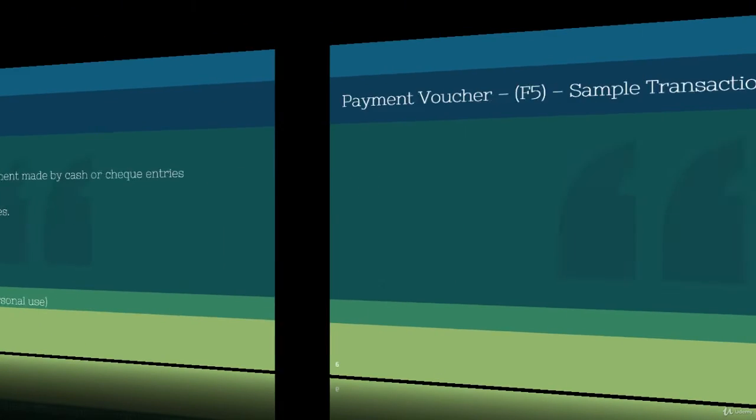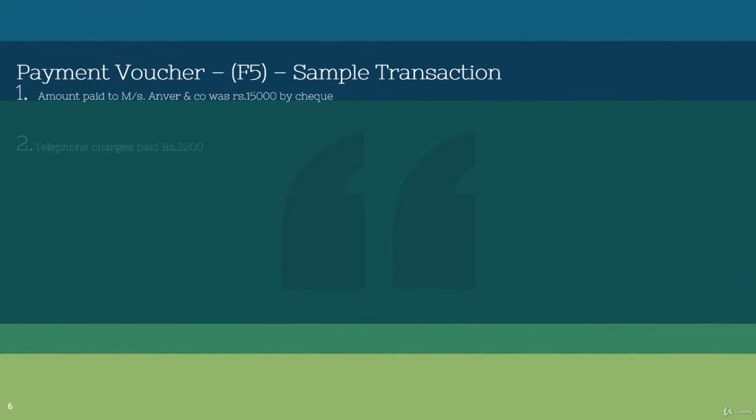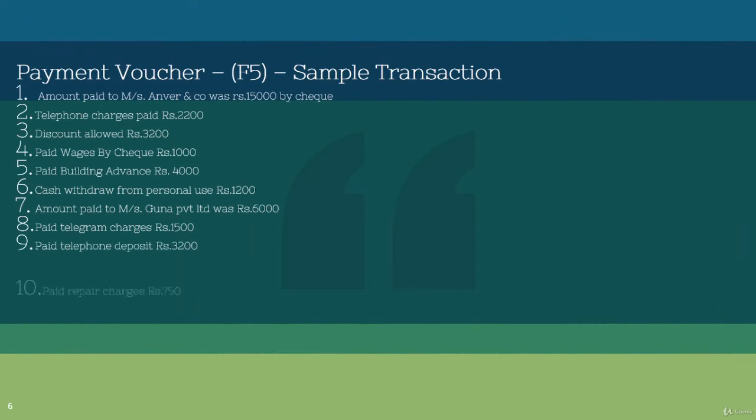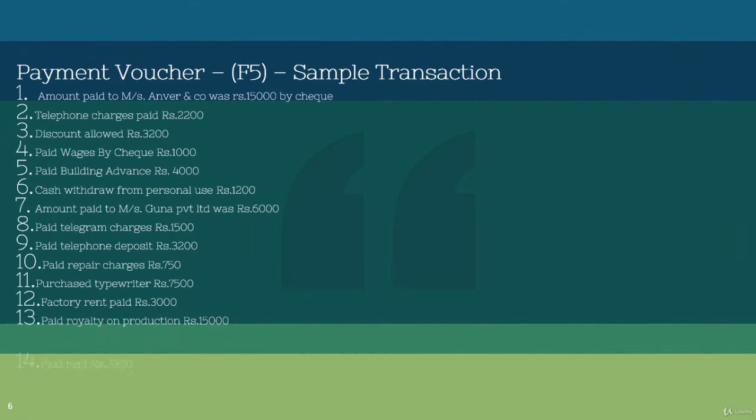Now we are going to look at the sample transactions for the payment voucher. First one, amount paid to Anverco 15,000 by check. As I told you, if we pay by check or cash to anyone, we have to use the payment voucher. The second sample transaction, telephone charge 2,200, discount allowed 3,200, paid wages by check 1,000, paid building advance 4,000,